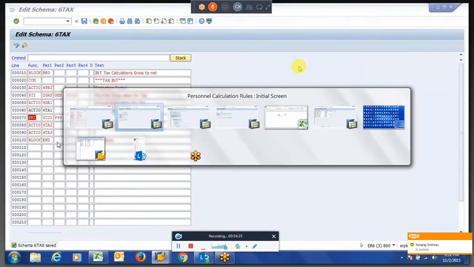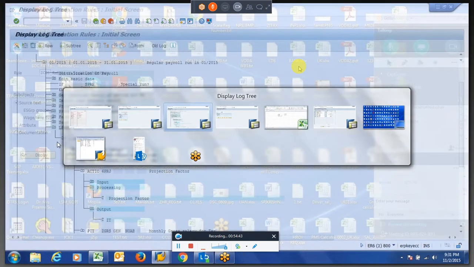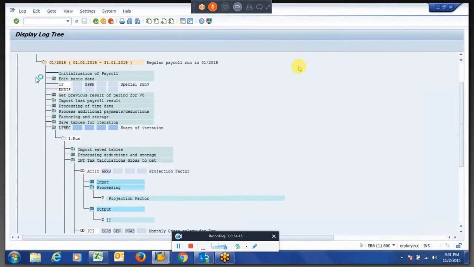So if you run now, I think already error.